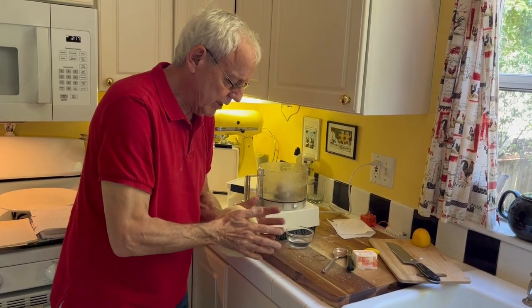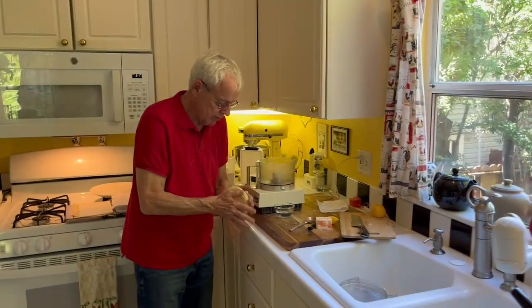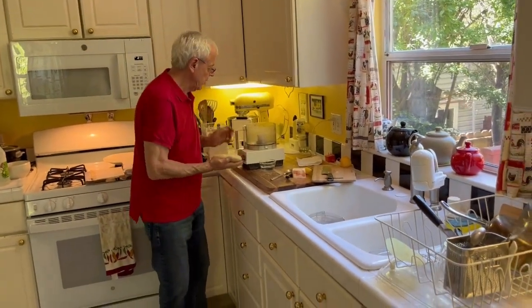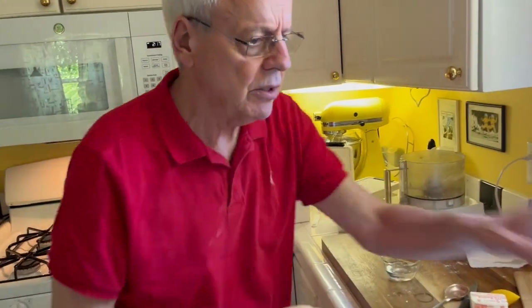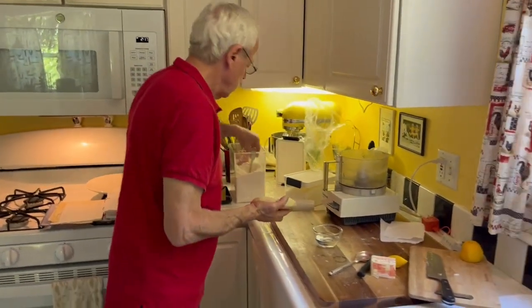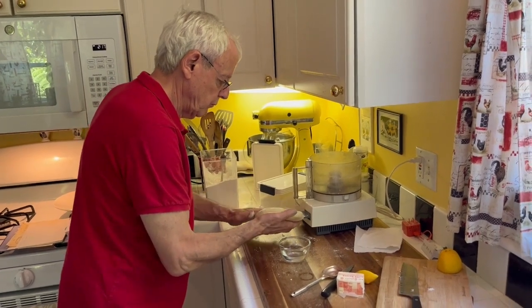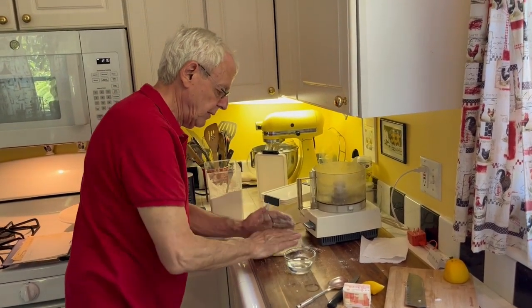After all, I'm going to be able to roll it. I'll have a roller on it later. Okay, all right, that's good. Now I'm going to dust a little flour on it so it doesn't stick to everything. And then I'm going to put it